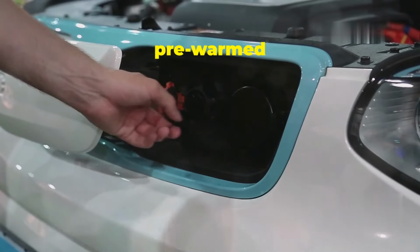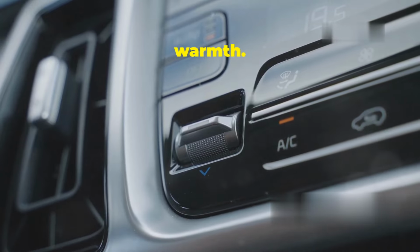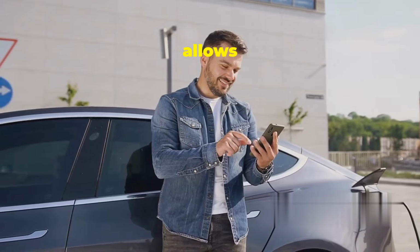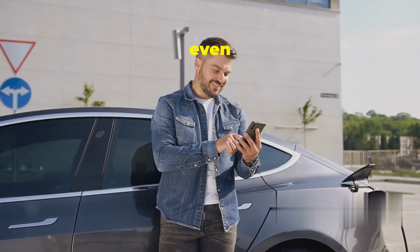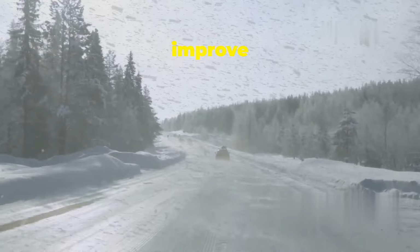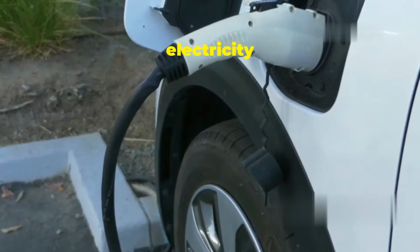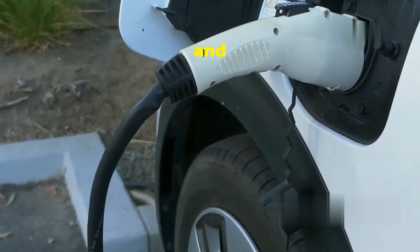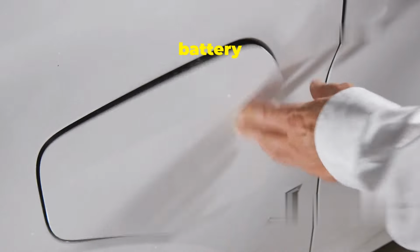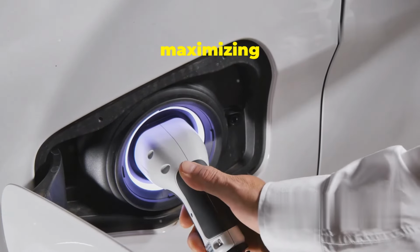Imagine stepping into a pre-warmed car on a frigid winter morning, the seats already radiating warmth. That's the magic of preconditioning, a feature available in many EVs that allows you to heat the cabin and battery before you even unplug. This simple yet effective technique can significantly improve your EV's winter performance. Preconditioning works by using electricity from the grid to warm up the battery and cabin while the car is still plugged in. This ensures that the battery is at its optimal operating temperature when you start driving, maximizing range and